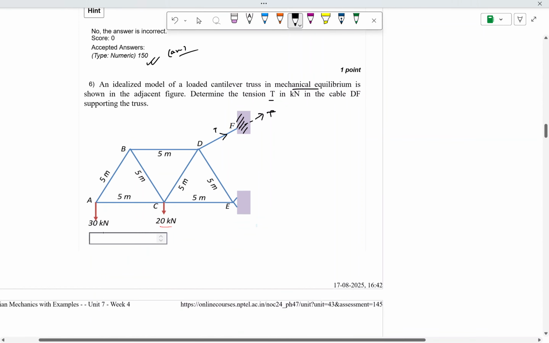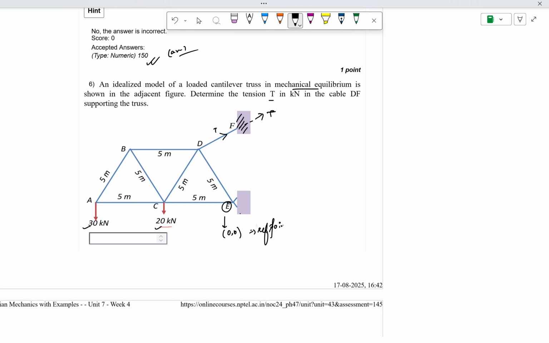And the other forces mentioned in the diagram are this vertically downward 30 kilonewton and 20 kilonewton forces. And with the reference point, you can choose this point E, because this is like a strong base where the whole thing is basically being held, and then this is pulling it upwards with the tension T. So you can choose your E point as your reference point or as your origin point for the sake of the calculation purposes, and then you have to apply the torque balance condition of mechanical equilibrium.